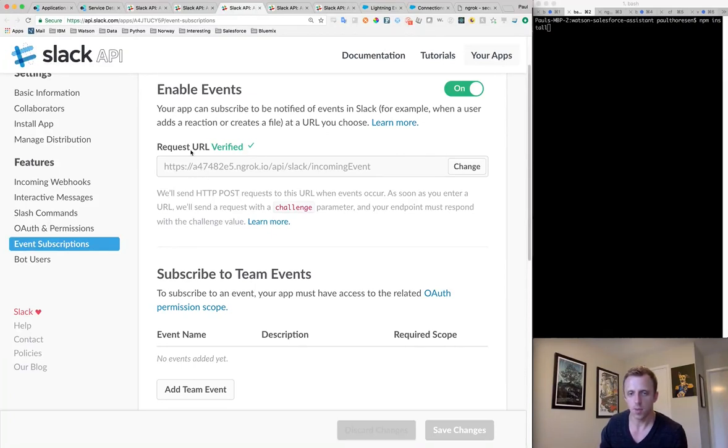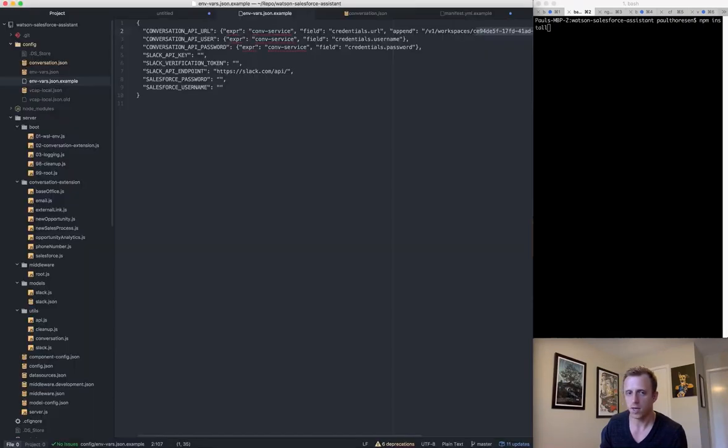So what I'm going to do now is move on temporarily to the Salesforce configuration. The Salesforce configuration will be quick because all we need to do is plug in two values: our Salesforce username and our Salesforce password plus security token. The way the Salesforce password works is you have your password which you registered into your Salesforce account,